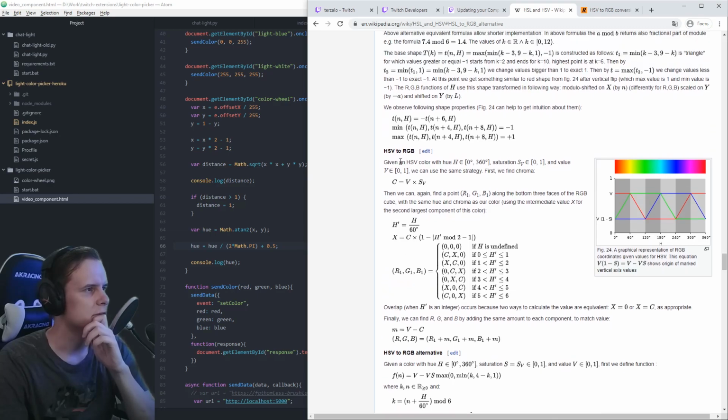Okay, let's see. Given an HSV color with hue, we can use the same strategy. First we find chroma, which is value multiplied by saturation. So it will be just saturation in my case. Then we can again find a point along the bottom 3 faces of the RGB cube with the same hue and chroma as our color. Alright, so I just need this,